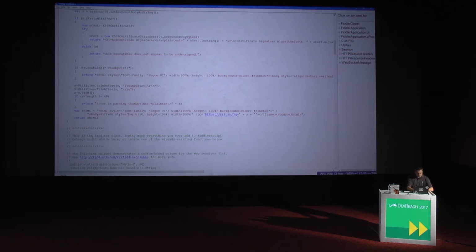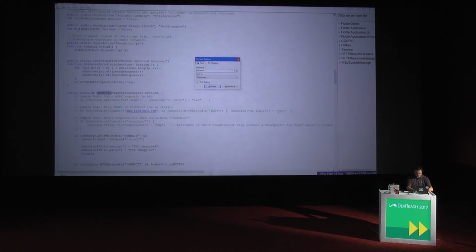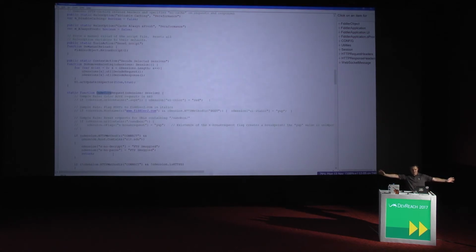To do a rule, this is all super easy. If you do nothing else out of this talk, just click Rules, Customize Rules, and look through the file, because it's super, super straightforward. So one of the things you could do here,